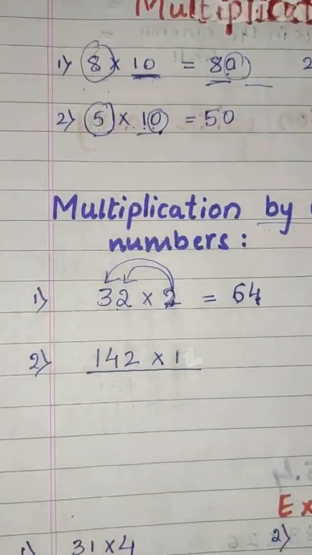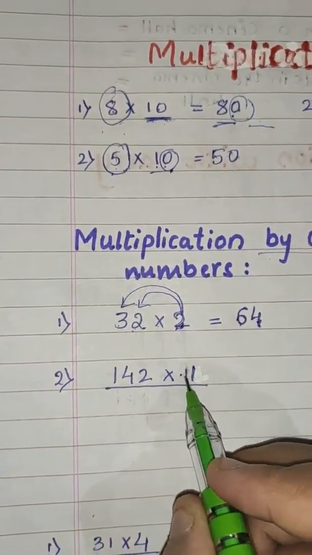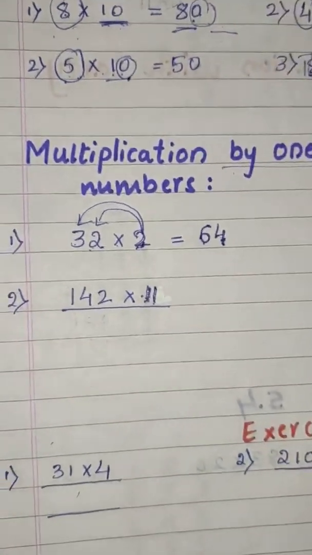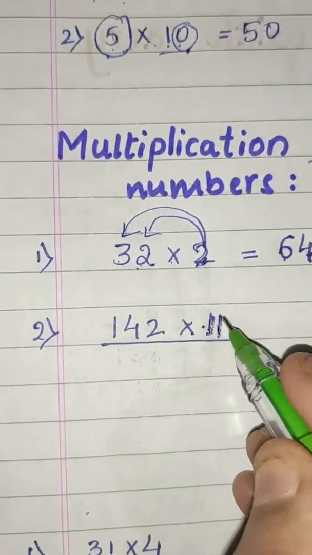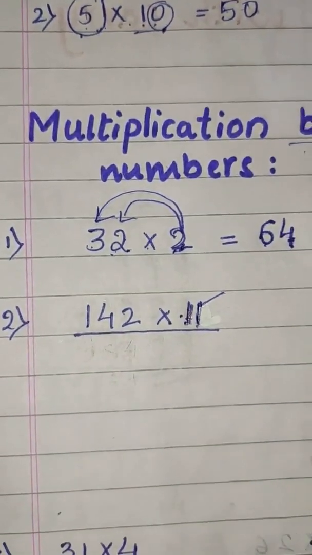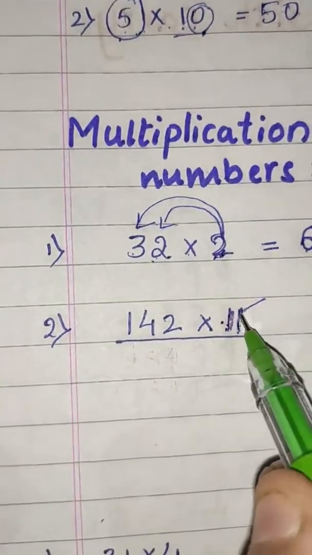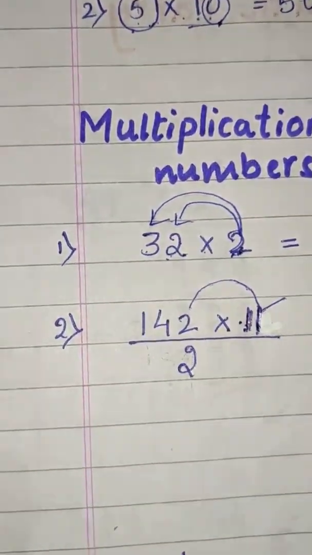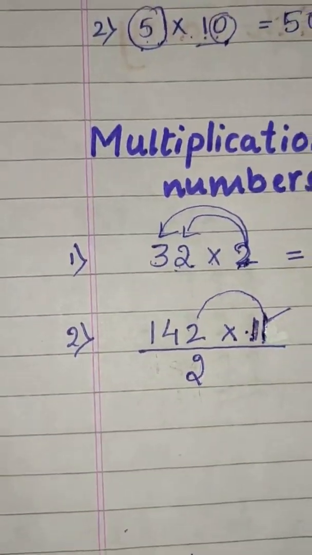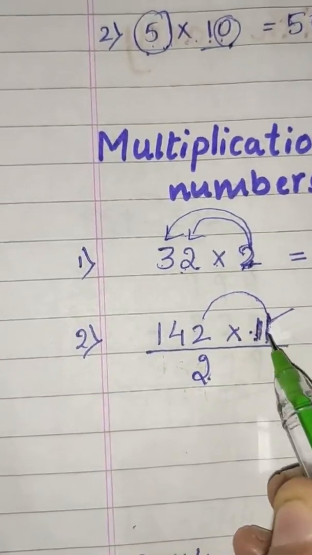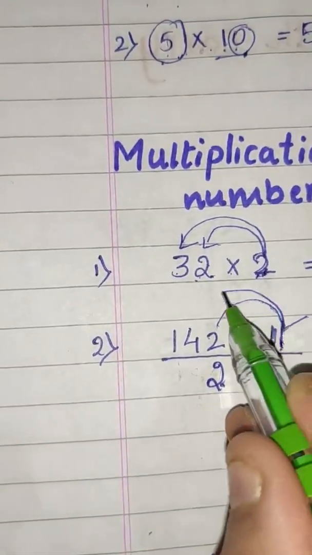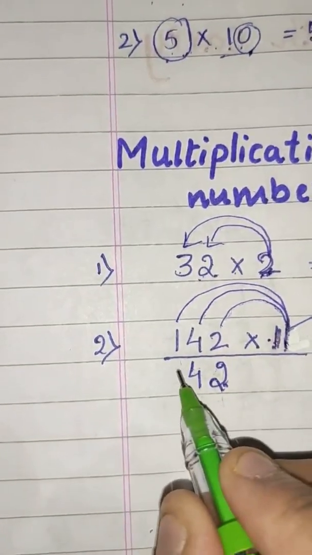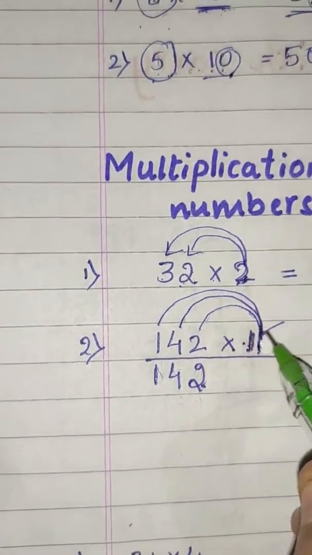Now come to the multiplication by 2 digit. Here it is a 2 digit, units and tens. Right? Now see how to solve it. First we have to start from the unit place, which we have done in the case of addition and subtraction. So first here unit, right? So now 1 2 is 2. First this is 1. 1 2s are 2. Next, 1 4s are 4. Next, 1 1s are 1. Right? Now we have finished this unit place.